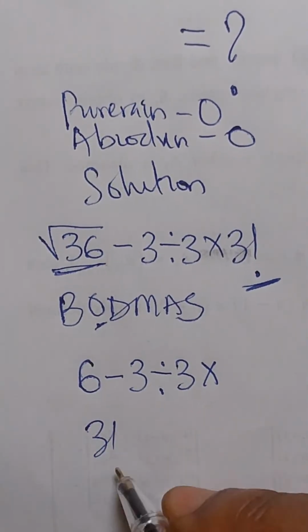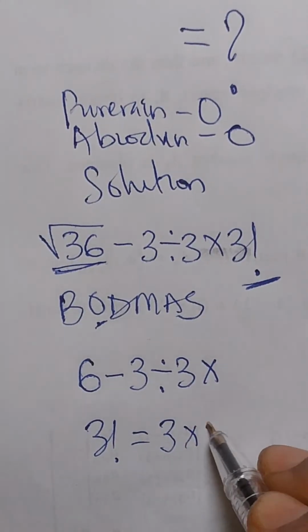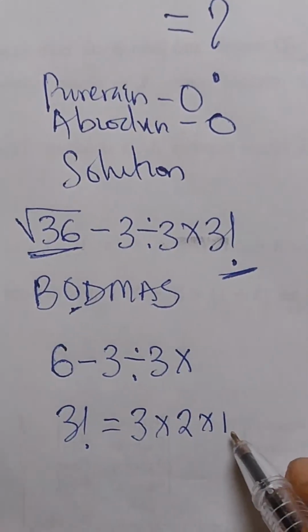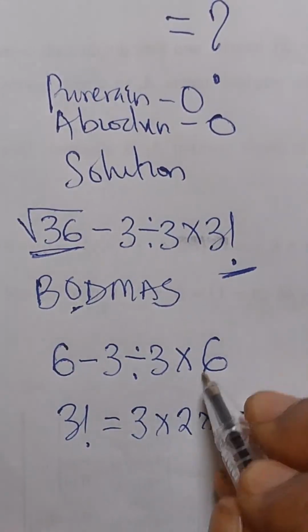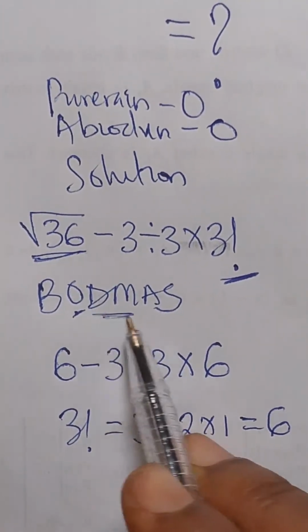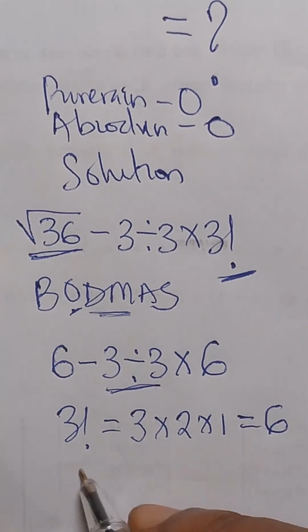3 factorial just means multiply 3 and keep decreasing by 1 until you get to 1. So 3 factorial is 6. So here is 6. The next thing we are going to do is division and multiplication on the same level. We start from left to right. So this is first. We are going to divide first. If we do that, we have